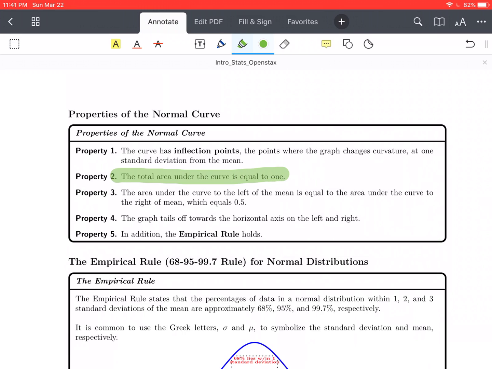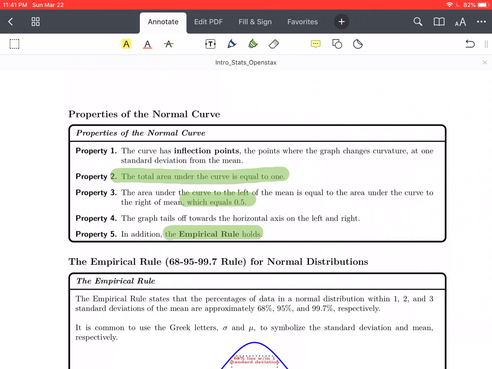we're looking for. The area under the curve to the left of the mean is equal to the area under the curve to the right of the mean, right? Because it's 50% and 50%, so it's 0.5 and 0.5. Each of those is 0.5. The graph tails off towards the horizontal axis on the left and right, and then, of course, the empirical rule